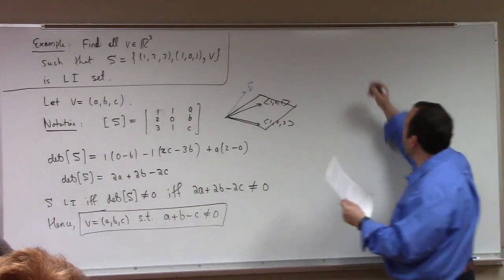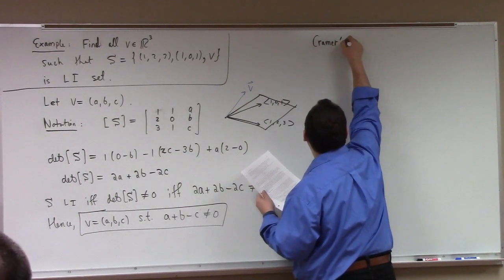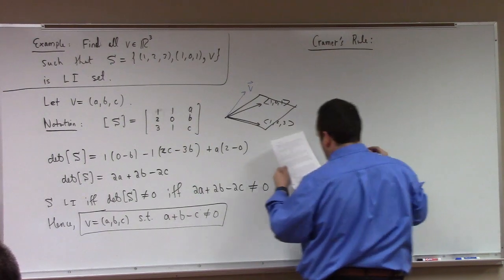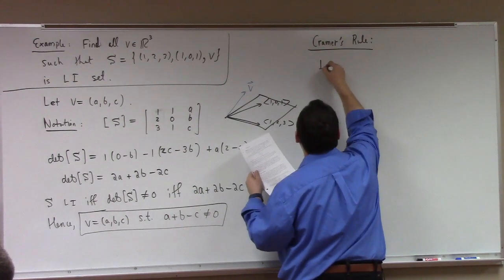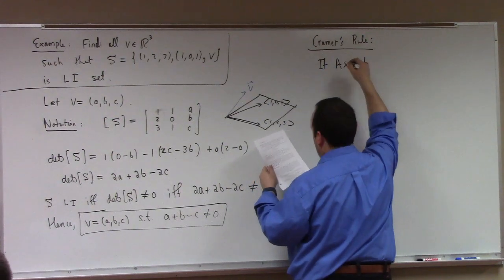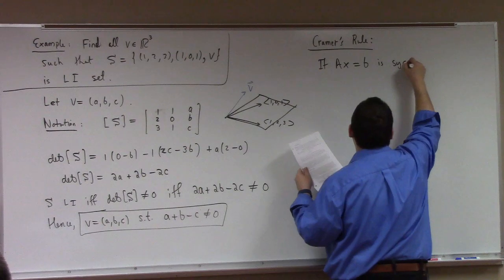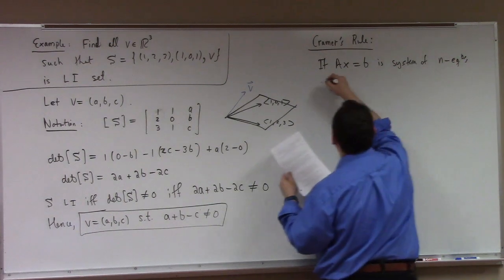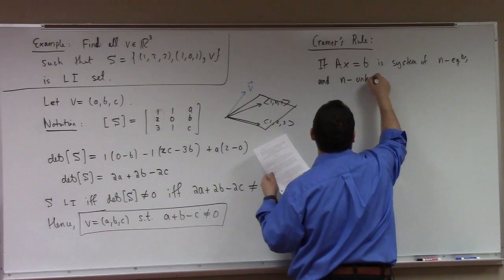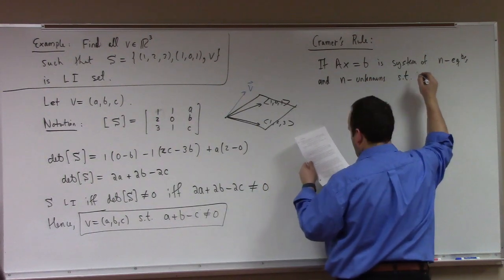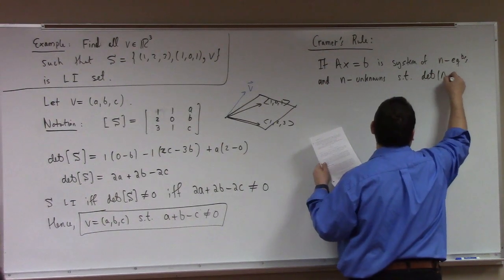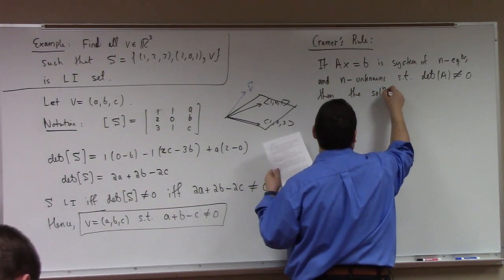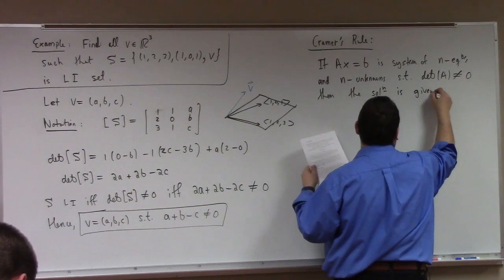All right, so this brings us to Cramer's rule. Cramer with a C as opposed to the more popular one with a K. So here's the rule. If AX equals B is a system of n equations and n unknowns such that the determinant of A is not equal to 0, then the solution is given by